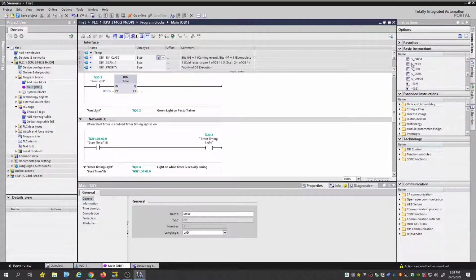Now you'll notice, I guess this is like maybe function block or something like this, the different languages there, not sure. But anyway, that's a brief